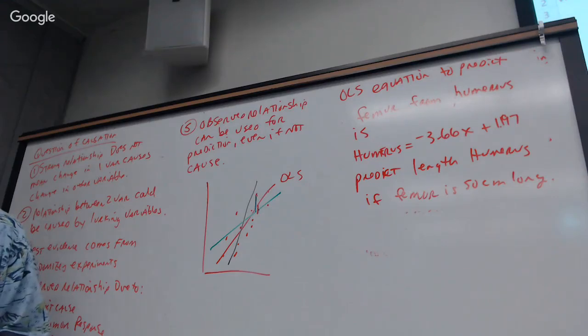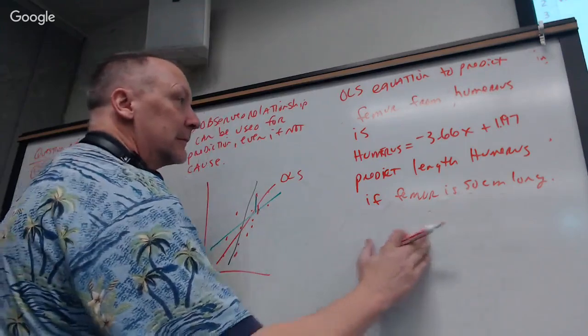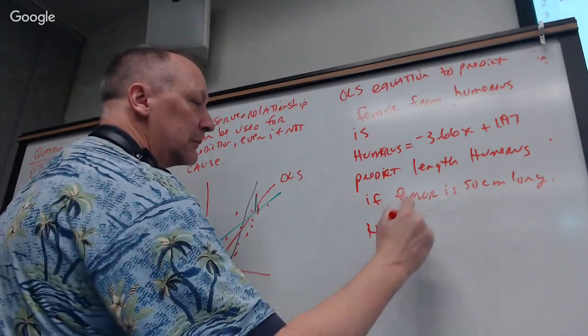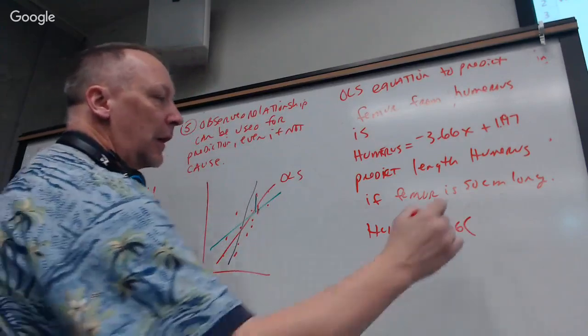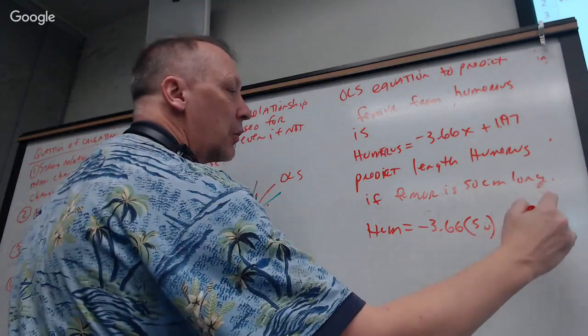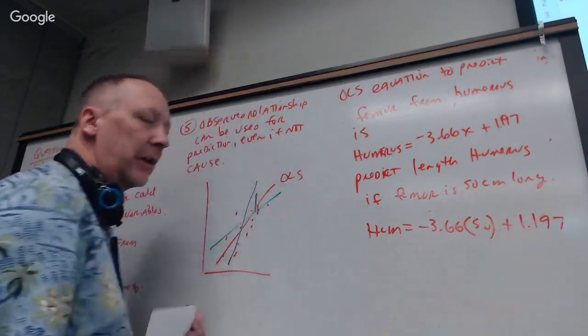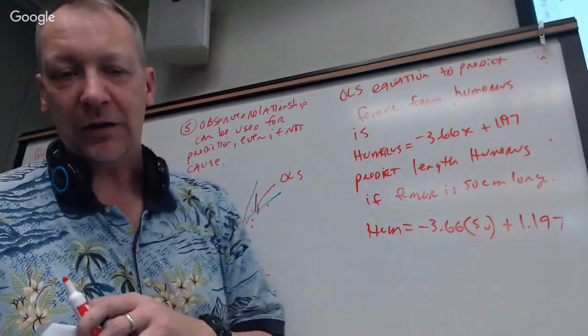Mm-hmm. So you're doing humerus equals negative 3.66 times 50 plus 1.197, is that what that is? That's correct. Okay. And so when you plug that in your calculator,